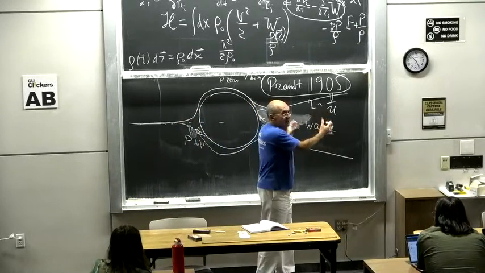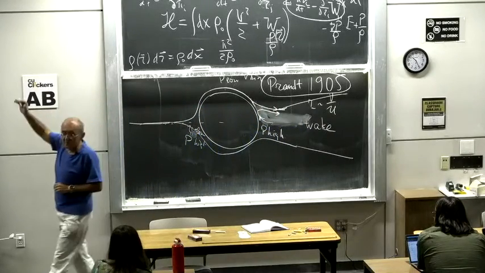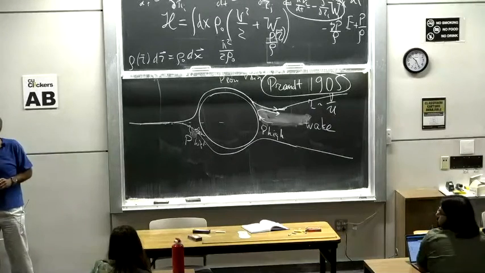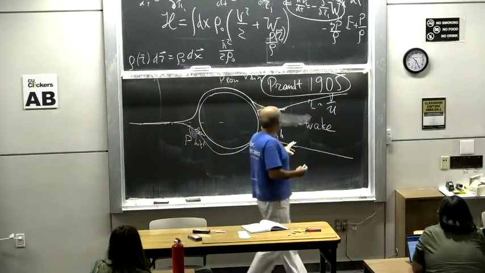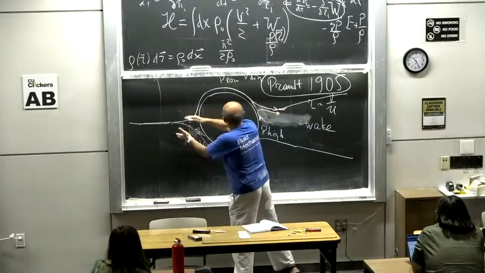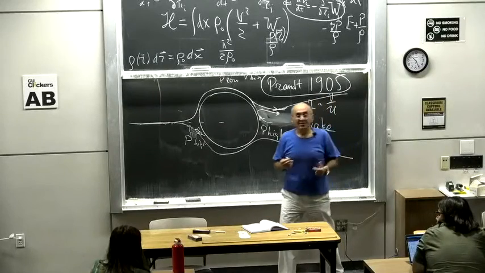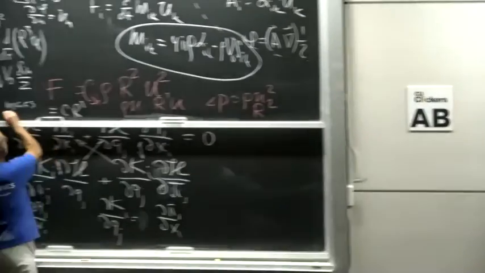You consider the finite thing as a new body, and it again would have zero resistance by this formula. You need to change the flow in the infinite domain. This domain is wake, and it is precisely the deficit between this and this that creates a resistance force. And the resistance force over here,